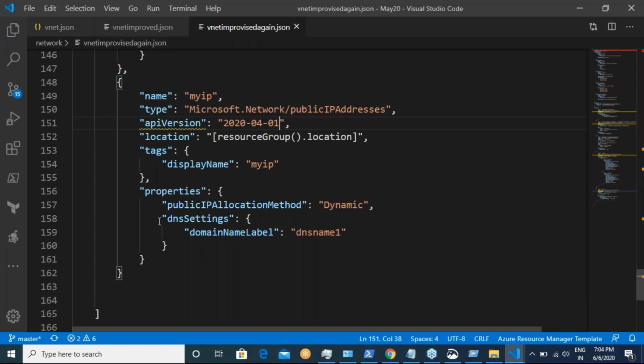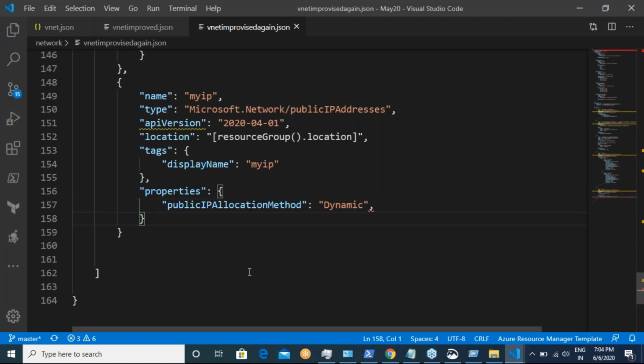Now, do I need DNS settings? I don't think so. But I'll do one thing: I'll select properties. Apart from properties, I would have something called SKU, and name colon